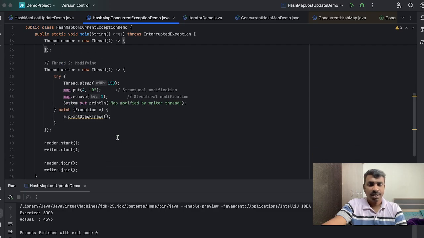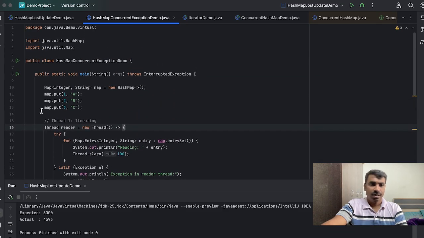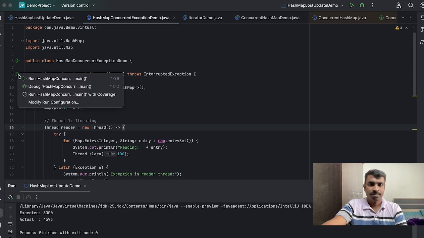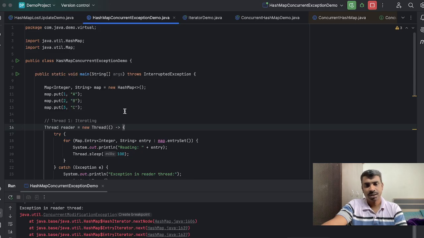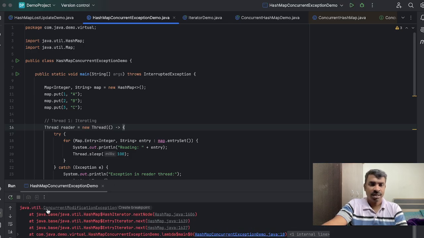So I am running two threads, one reader thread and one writer thread. Let us see what happens if both threads are running on a HashMap. Here we are getting a ConcurrentModificationException, meaning at the same time it is trying to read and write.